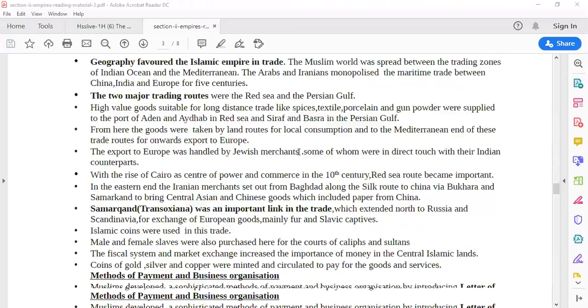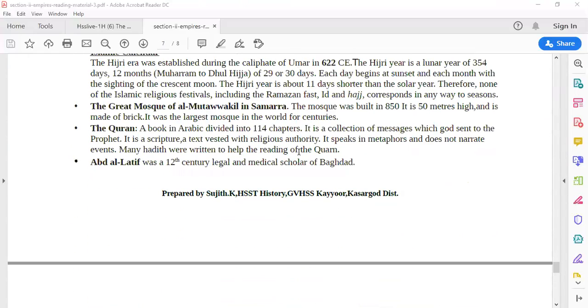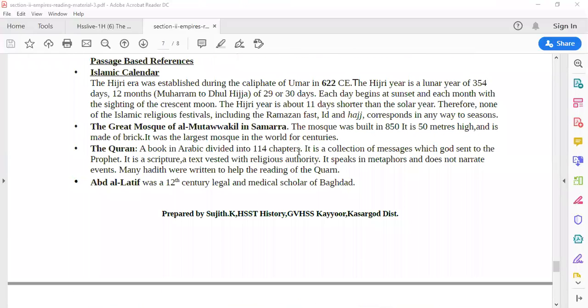So with this, I end today's class. Y'all will go through all these passages from your textbook. There are 4 passages marked here. You all will find these 4 passages and you all will go through it in your textbook. Okay. So with this, I end today's class. With the rest of the time of the class, you're going to go through these and you all are going to understand these passages and write a little bit about the passages in your notebooks.